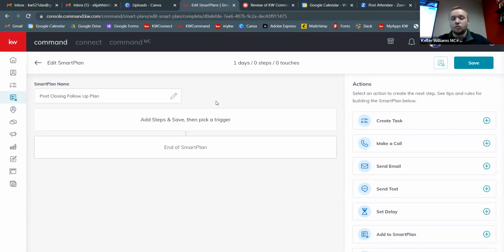So I'll show you more in depth when we make it, but you could start the smart plan by yourself, just adding a contact. Smart plans can start when you tag someone such as a buyer. It'll automatically add them to the smart plan and start it, or just tagging them as something else could also start it. But just since this is a post-closing follow-up plan, quote unquote, the first thing I'm going to do